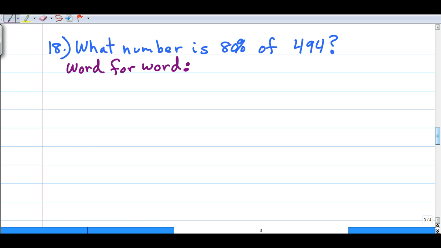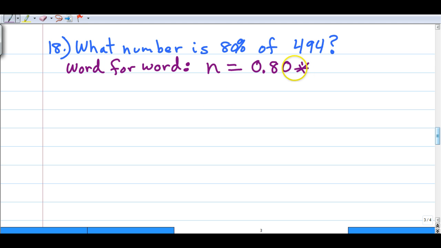So in this one, we see what number. So we don't know what the number is. Again, I'm going to use an n. So n is equal, because we have the word is, so I put an equal sign, 80% of 494. Again, I look at the of, and it's preceded by a percentage, so I know this will be a multiplication. Before I can multiply it, though, I need to put that percentage into a decimal form. So divide by 100, or move the decimal back 2 places, so I get a 0.8